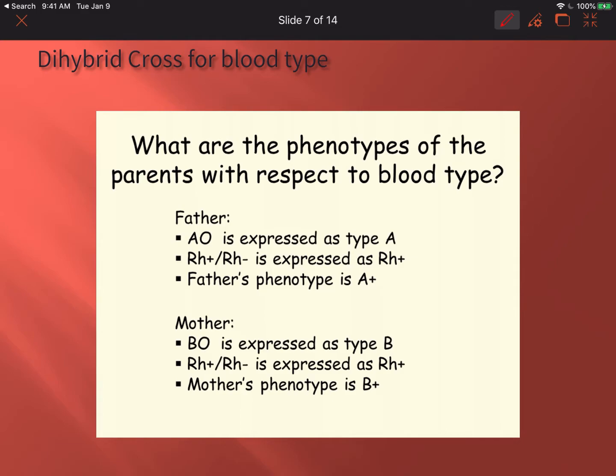Rh positive, Rh negative is actually expressed as Rh positive, and so the father's phenotype is A positive. The mother is BO, and she's expressed as type B, and her Rh factor is positive, and her blood type is B positive. Okay, and so if we look at this, how do we represent this? On the next slide, they're going to represent it writing down the Rh factors, but I want to show you guys how it's a little bit easier to track the